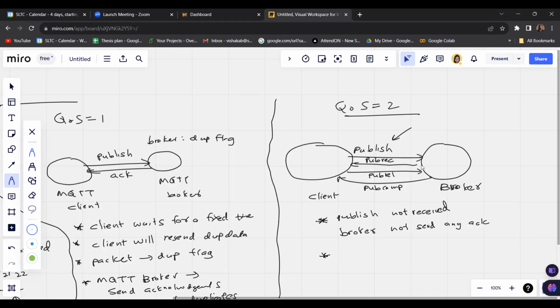Because of this, the client will send some data, and the client will retransmit the same data again to the broker. The client will retransmit the same data to the broker until the client receives a pubrec message. Until the client receives the pubrec message,